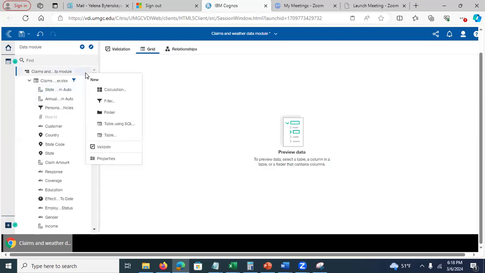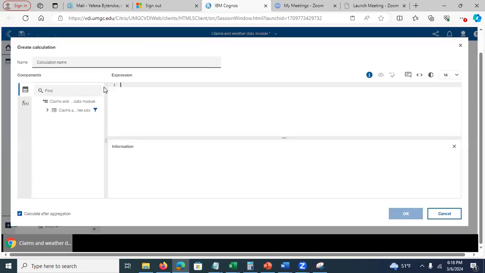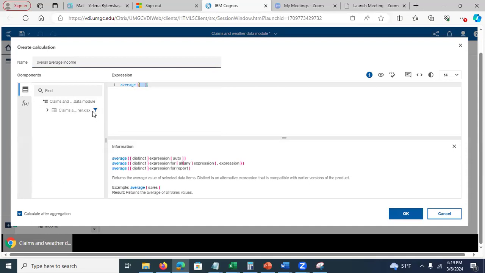I go here and select the calculation, and the calculation is going to be overall average income, and what I'll do here is just this. I'm going to do average,